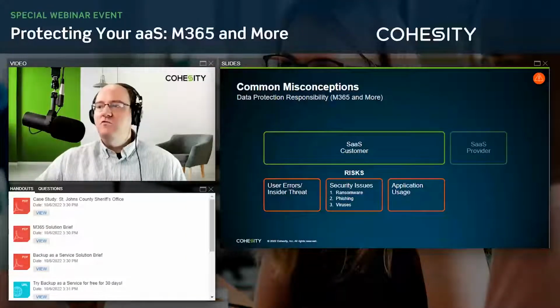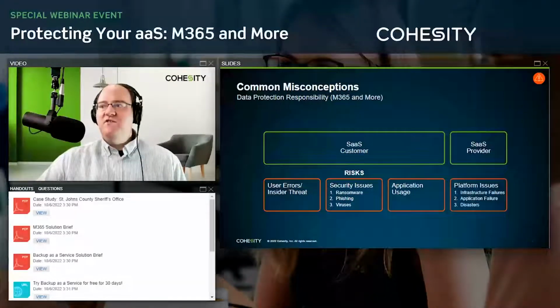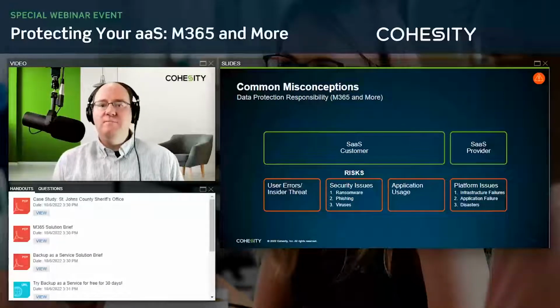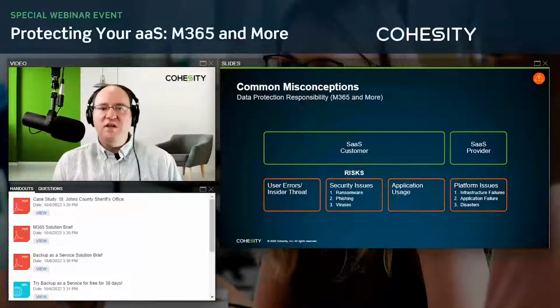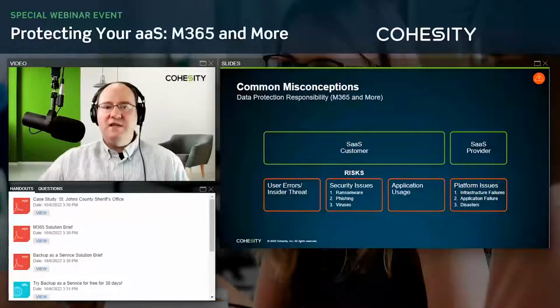Now, if we get into what the SaaS provider is responsible for, in most cases, it's the platform issues. It's to keep the solution available so that your organization can continue to utilize that particular application. So they're more focused on infrastructure failures, application failures, and disasters, depending upon what sort of issues arise with the application.